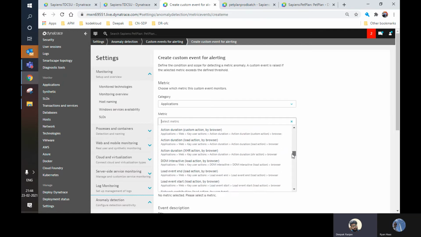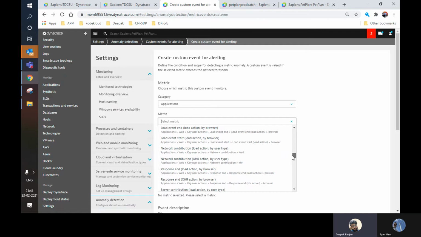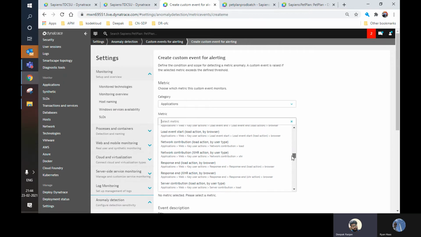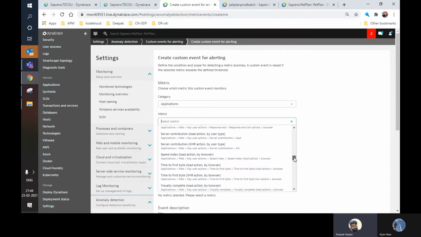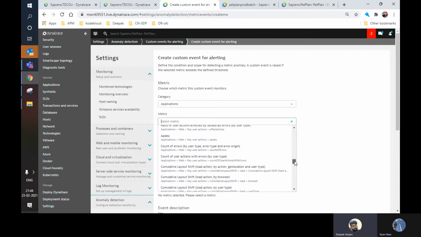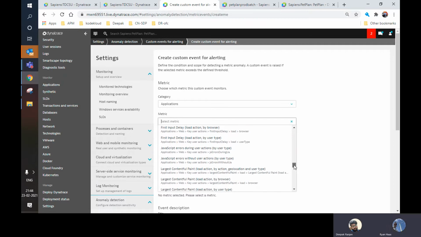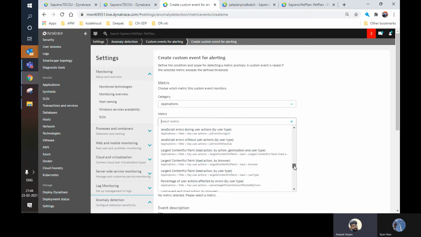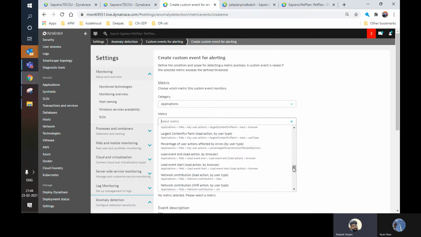What are you looking for? Response end, response end with XHR action. If you have an XML HTTP request, then you can use this. So like this, time to first byte, Apdex rating, count errors, all those things, we have this many metrics. If you want to configure something, suppose I want to configure when